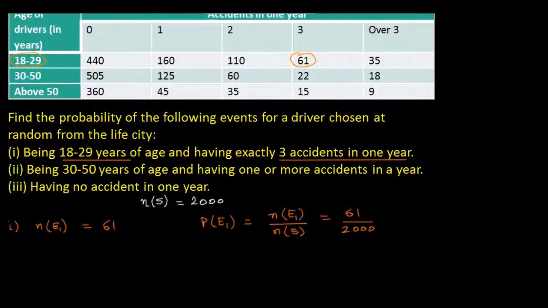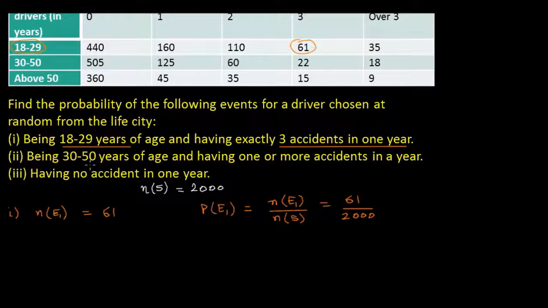Now let's move to the second event, in which the age of drivers is 30 to 50 and accidents is 1 or more in 1 year. So let's go to the age, that's 30 to 50. 1 or more means number of accidents: 1 is 125, for 2 it's 60, for 3 it's 22, and for over 3 it's 18. So in this case, let us assume that the event is E2. So n of E2,